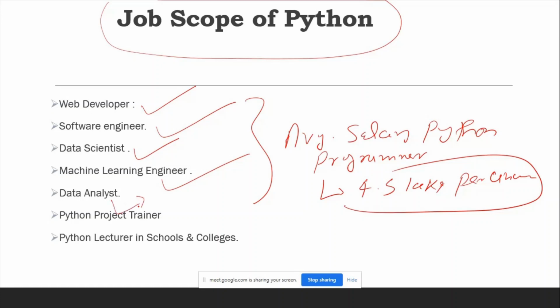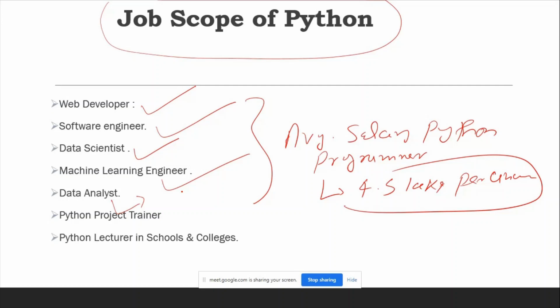Data analyst, for example, in different types of programs, or if we see cricket matches, you will see the figures of each and every over of the score. Here the data analyst plays the key role.